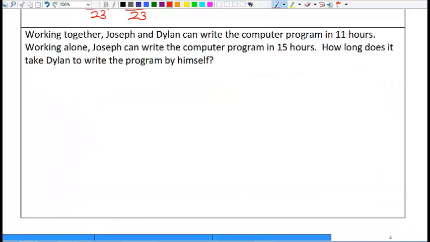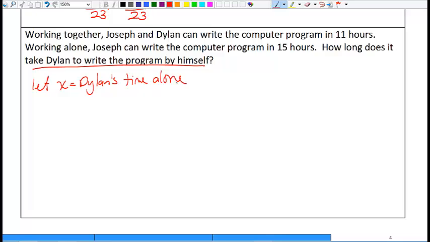On this last one, we have working together, Joseph and Dylan can write the computer program in 11 hours. Working alone, Joseph can write the program in 15 hours. How long does it take Dylan to write the program by himself? So this time, the question is asking about Dylan's time by himself. So we're going to let x equal Dylan's time